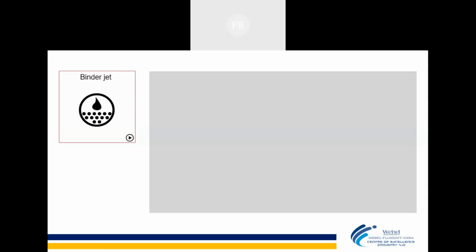Now we will move on to the binder jet technology, which is another set of technology that uses binder as a material and powder as a raw material. There is a binder, which is an additive, adhesive-like material, which will bind the powder at our desired geometry. We'll play the video for that.